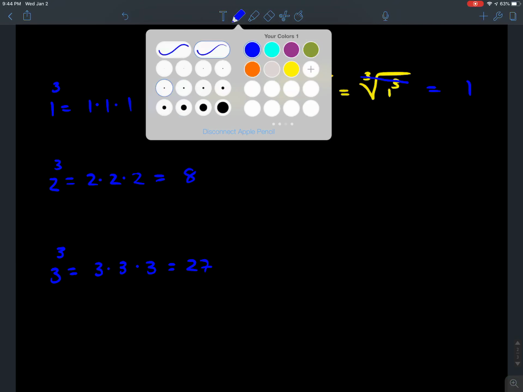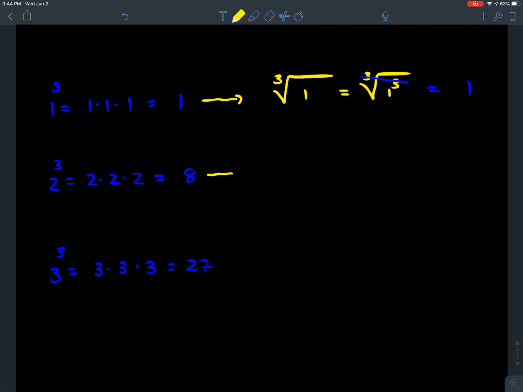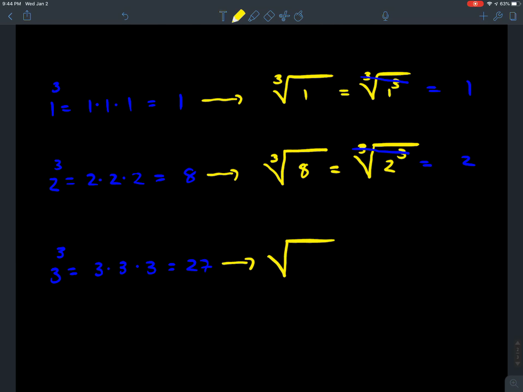Let's go to the next step. Let's go to the next one so y'all can get the hang of it. The cube root of 8, another way of writing this, 2 to the 3. We know the index is 3. What happens? We cancel these 3's out, and the answer is 2, right? Now, once you get familiar with this, let me put the 3 right here. Once you get familiar,